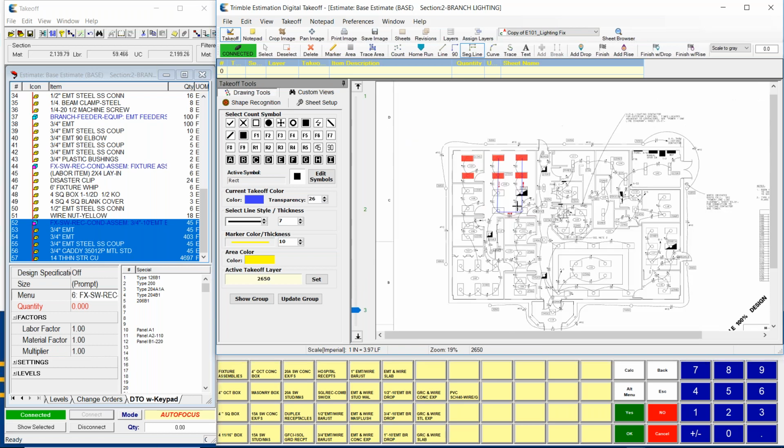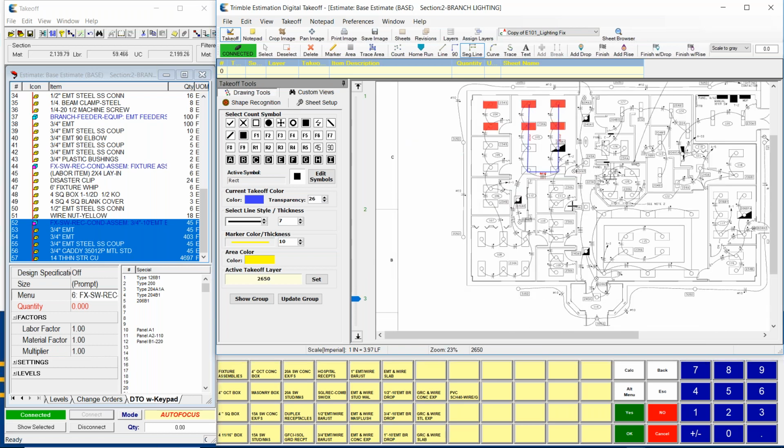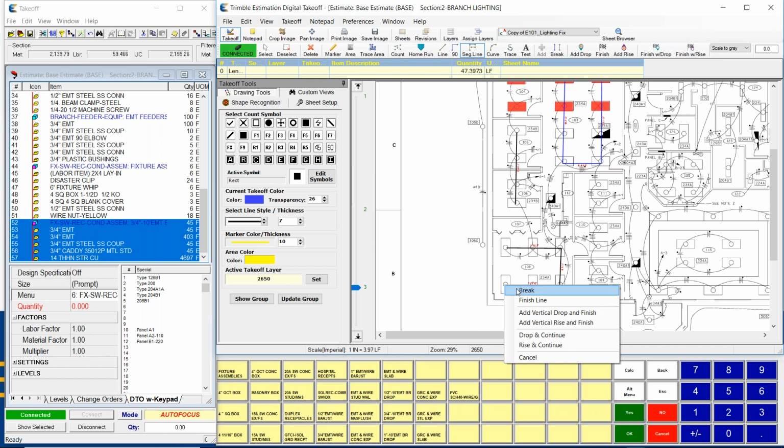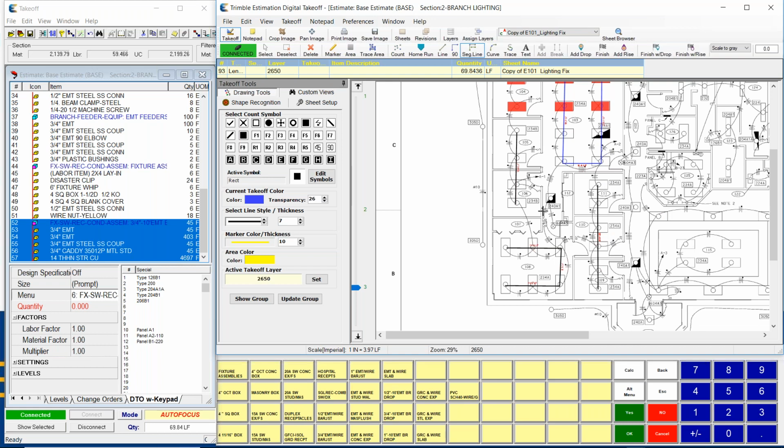One feature you have with digitizers, as well as AccuProbes, is the ability to do segmented length or breaks. So I have the same line, and I'm staying in my segmented line. Let's just say I'm going to go down here and connect here, and hit a break. Then I'm going to come over here and connect here to here, hit another break. And then I'm going to connect from here to here. And then I'm going to finish,